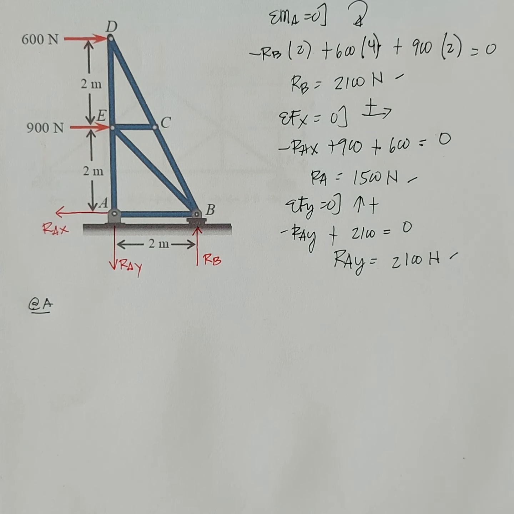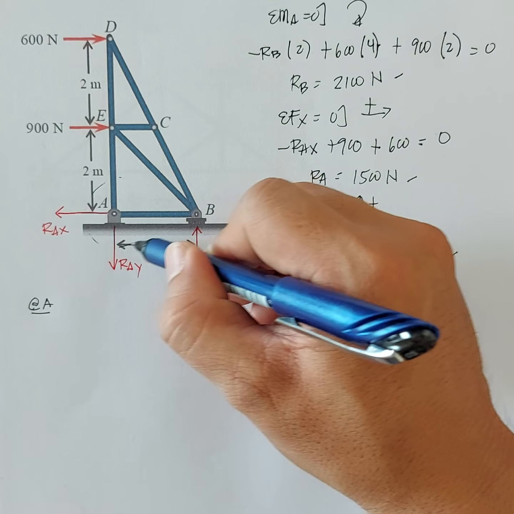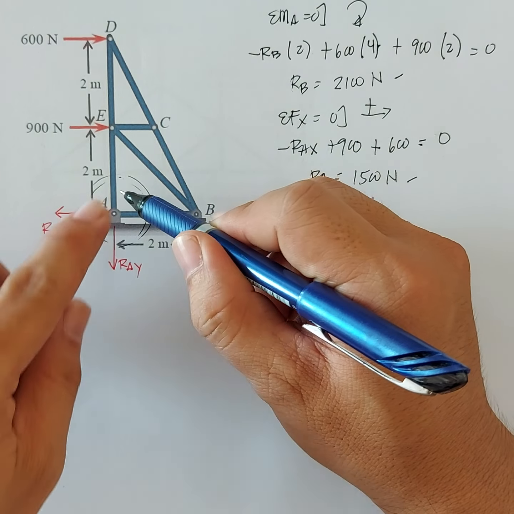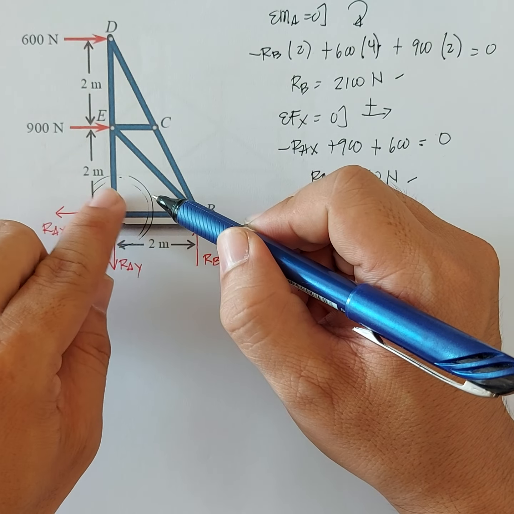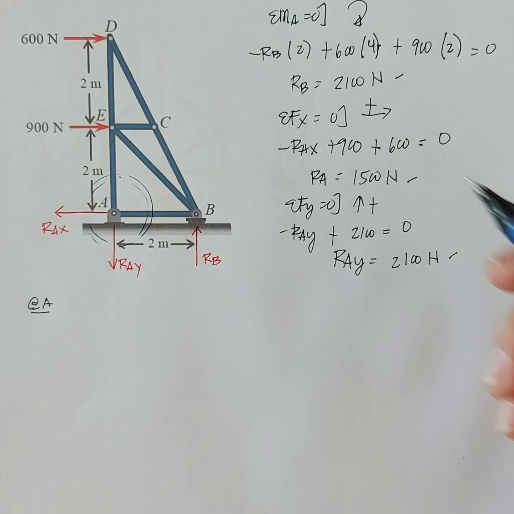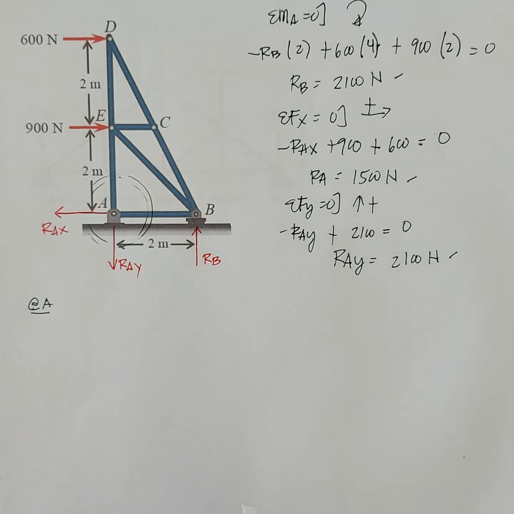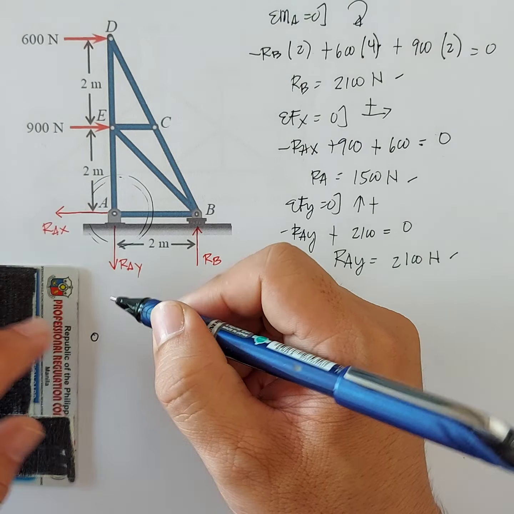So, ang gagawin natin, we're going now to cut natin yan. Ganun lang natin. Palitan natin ng force yung na-cut na truss members natin. Okay, drawing lang natin. So, at joint A,